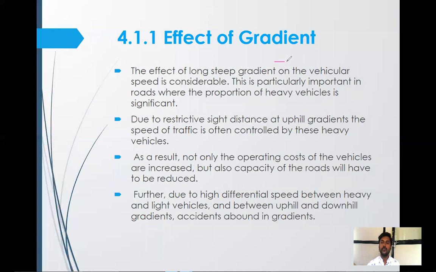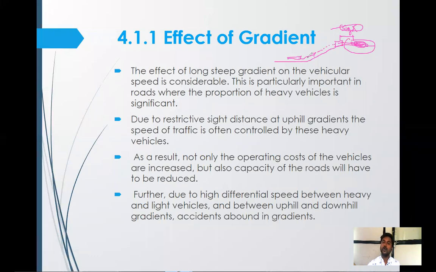Suppose we are traveling with our vehicle on a straight line, suddenly there is a hill portion, and suppose there is some obstruction here and we are climbing the road. We are not able to see that obstruction while climbing the road. We will observe that obstruction only when the sight distance is very less. At that point, we observe the obstruction and simply hit it, and there will be cases of accident.